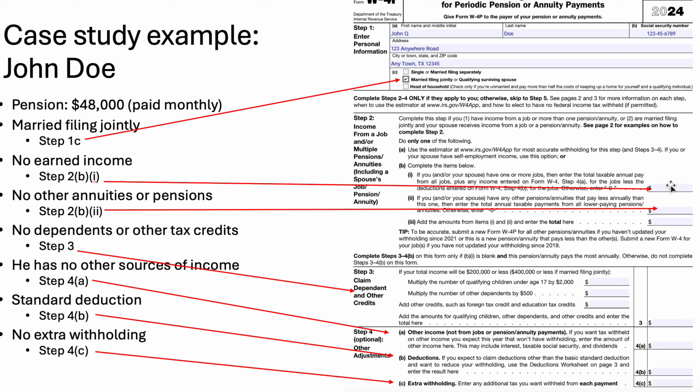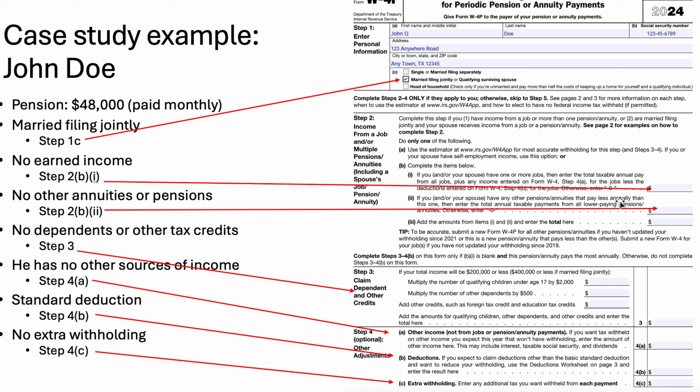If you would enter your total taxable pay. So in this case, John is married filing jointly. He has no earned income, neither does his spouse. In step 2B2 of the form, we also determined that there are no other annuities or pensions that pay less annually than